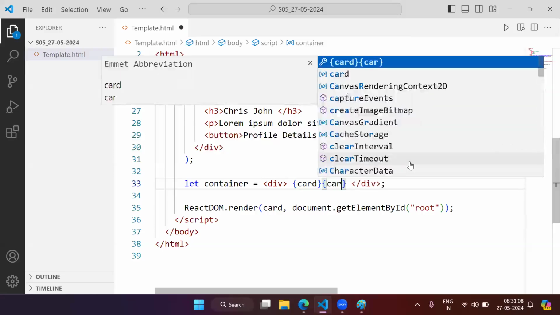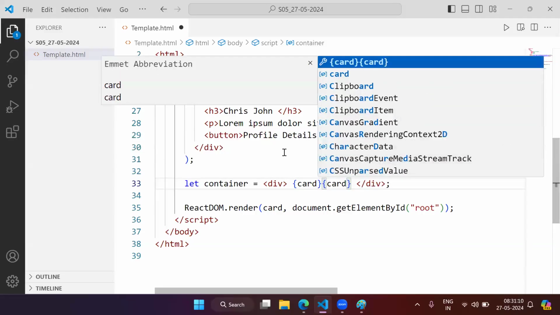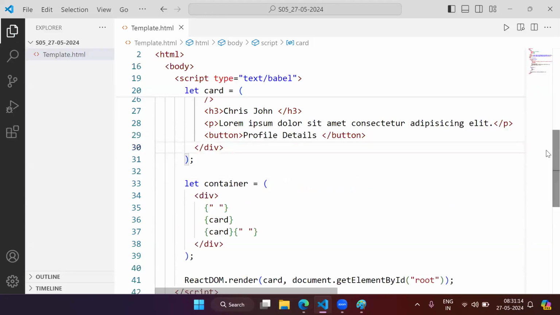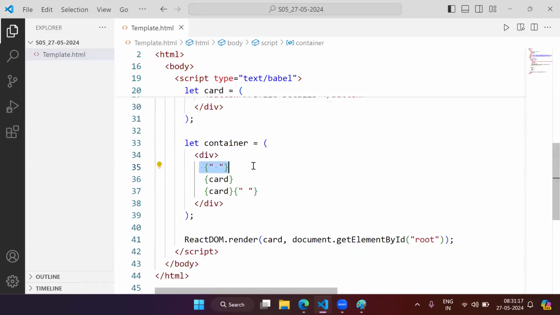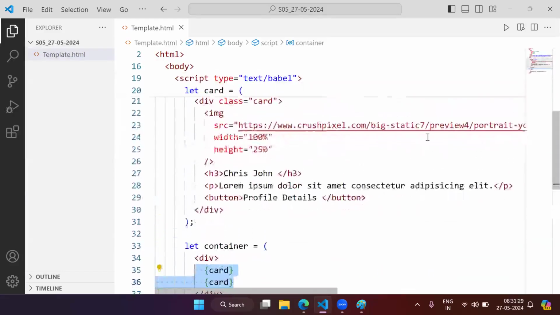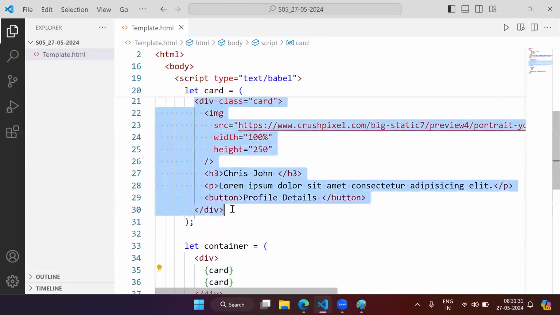Again you can add your card. You can add one more curly brace, and again you can add that variable. Now inside your JSX element, we have added two JavaScript variables, and those variables internally contain JSX elements only. So